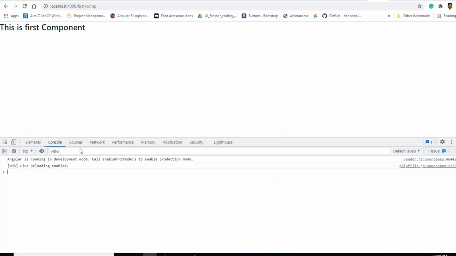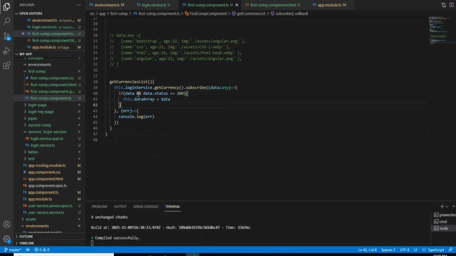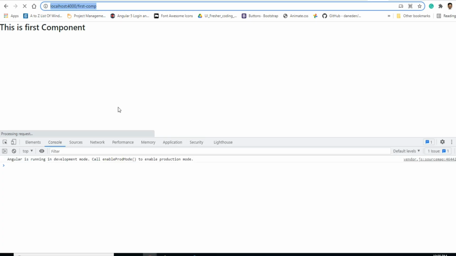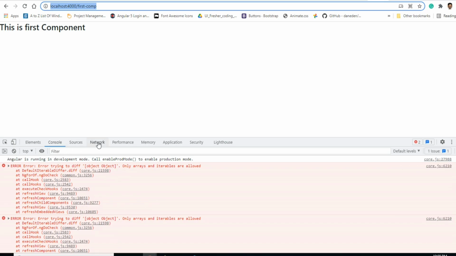Okay, so I have given two conditions, right? I need to remove this. There is no status inside the data, so that's the reason why the data was not getting shown. Only arrays are allowed.